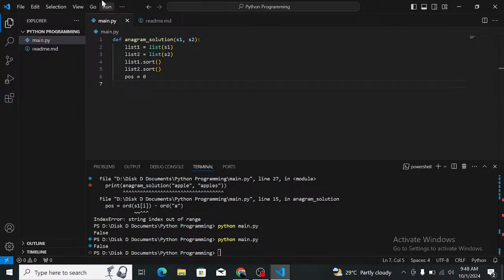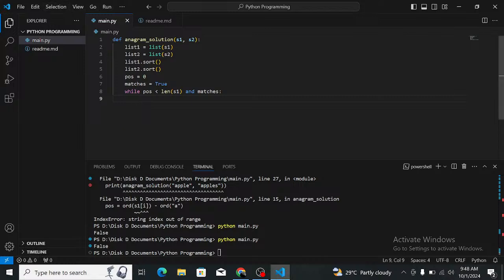I'm just going to use only one index for both of these lists. So while position is less than the first